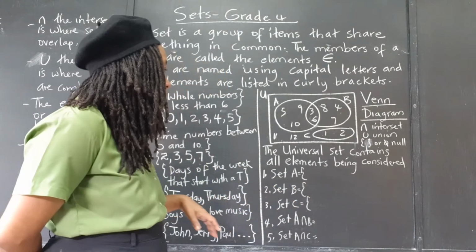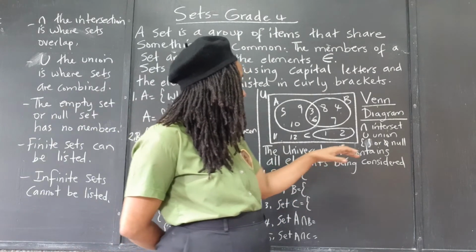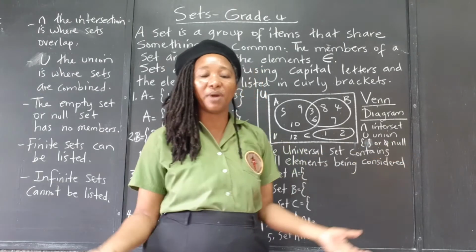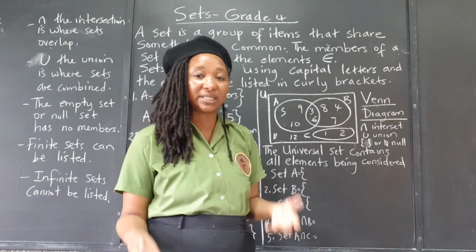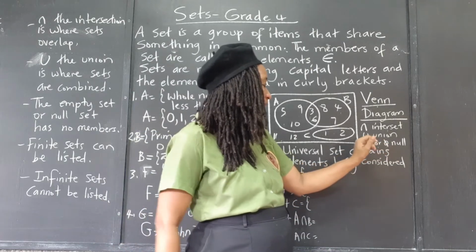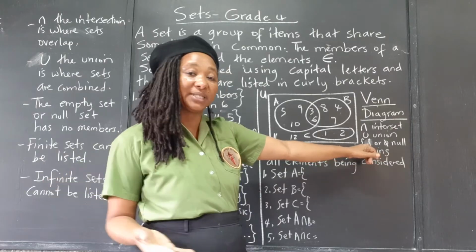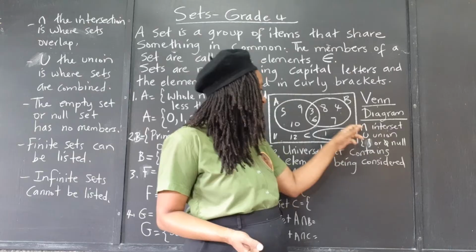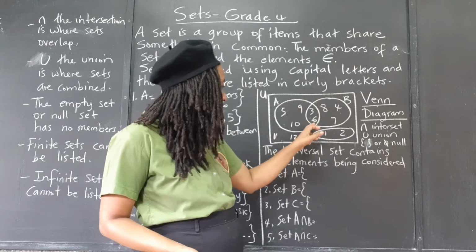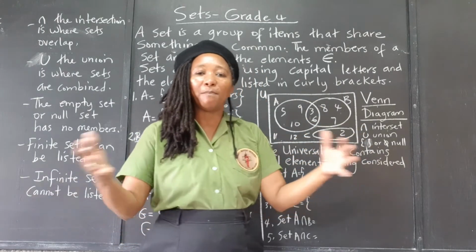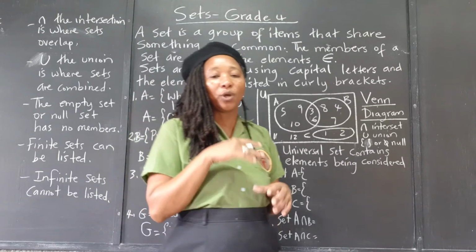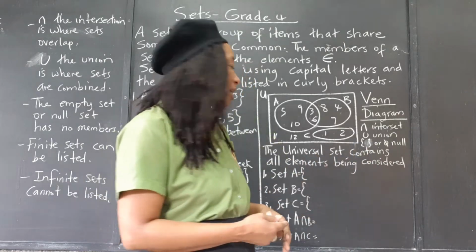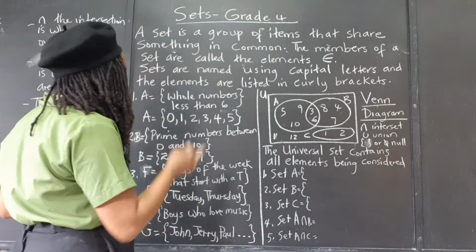So we said the empty or null set, these are the symbols, and it means it has no members. That set has no members, it's empty. So we either use a curly bracket with an empty space in it, or a circle with a line drawn through it. And the intersection is where the sets overlap. The union is when we combine two sets. So we would list all the members of this set and all the members of the other set in the union. So let us look at this Venn diagram then